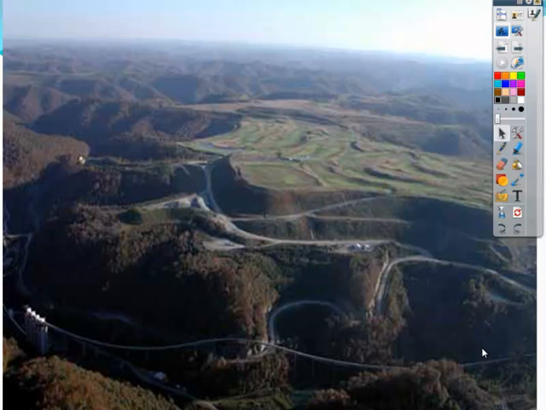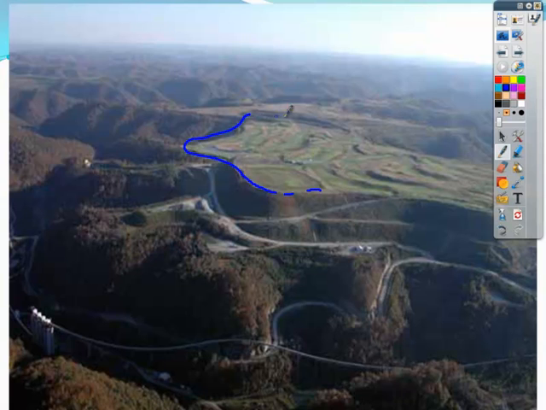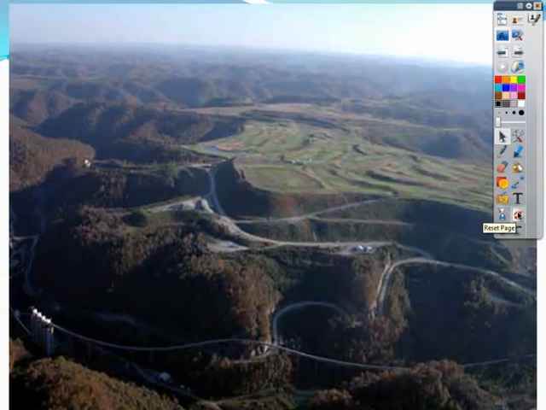Although here was a creative reclamation project. If you look very closely, you'll see that there's a mountaintop that has been removed right in front of you. This is the top of the mountain right here that got removed. And if you see that picture up close, you will see that it is a golf course. They took the top of the mountain and flattened it and then made it into a golf course, which is kind of a unique reclamation project.